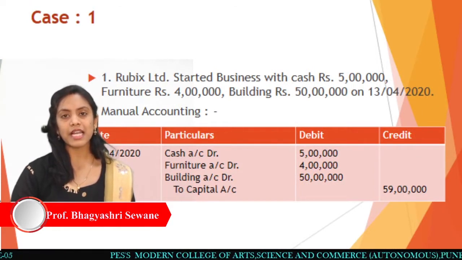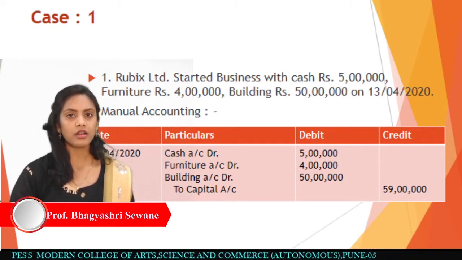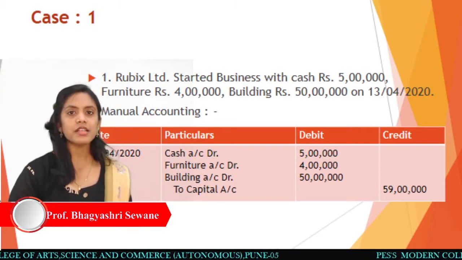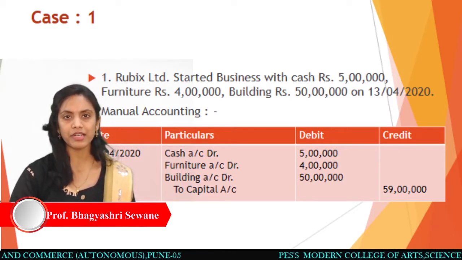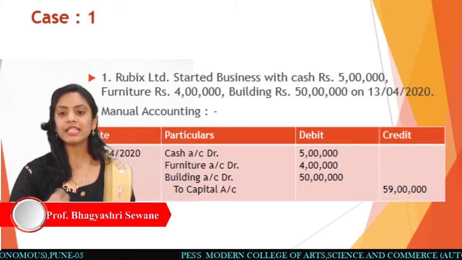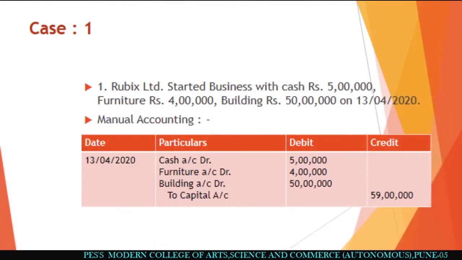By default, Tally has given us some of the groups, so we don't need to create any of the groups, so we haven't created that, right? But ledgers, they have given to us only two by default, that is the cash ledger and the profit and loss account ledger, right? Except these two ledgers, whatever the need arises for us. Likewise, in this particular transaction, there is cash, capital, furniture and building. These ledgers we have to create, and that we have created actually, right?